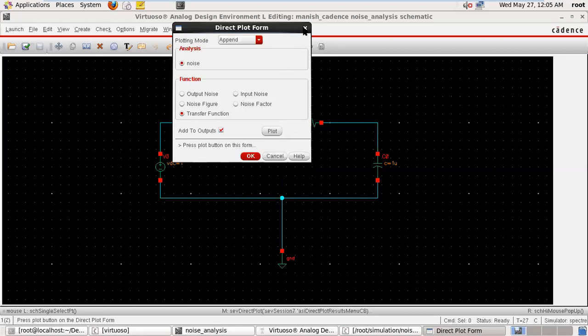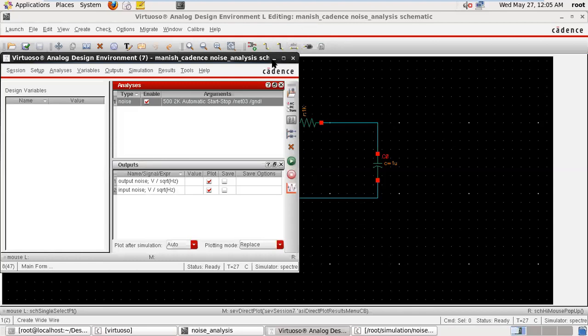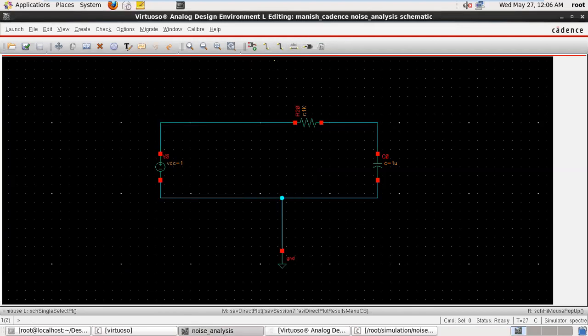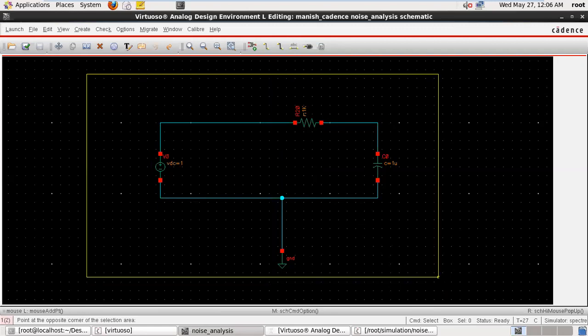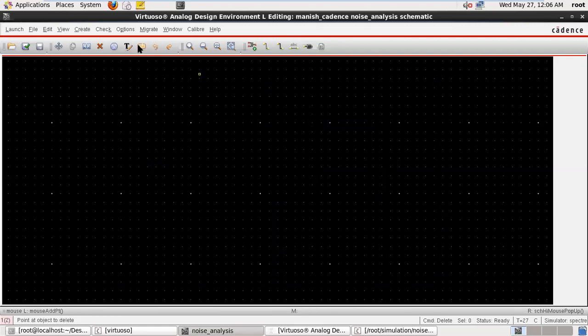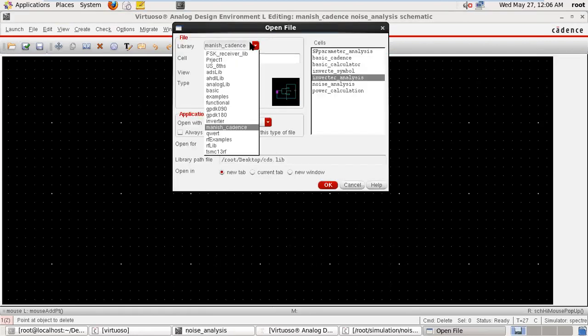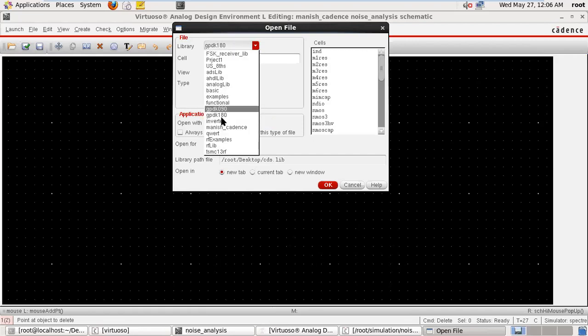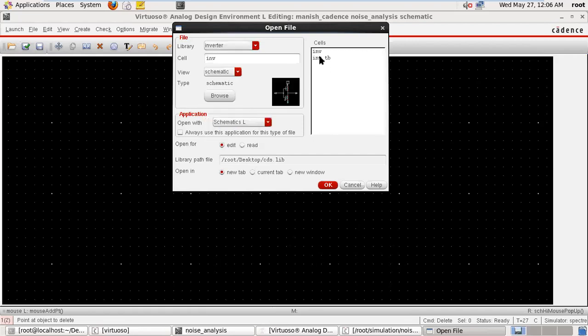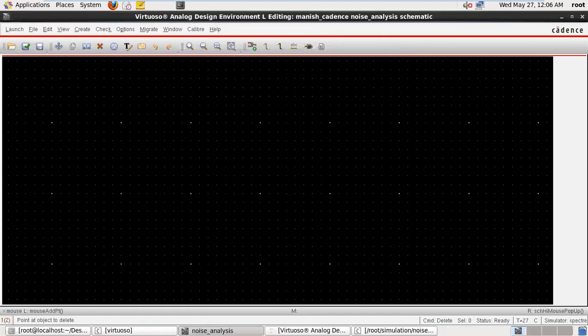Okay, now we are going for some inverter type of circuit. So just deleting our circuitry for the passive, and suppose open the previous analysis as inverter, and taking the circuit from there, inverter analysis, apply, okay.